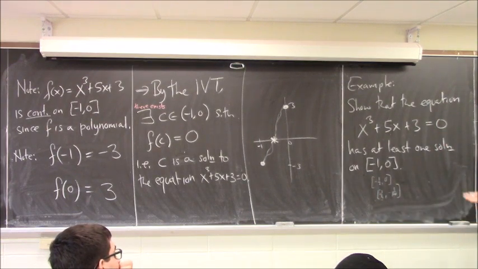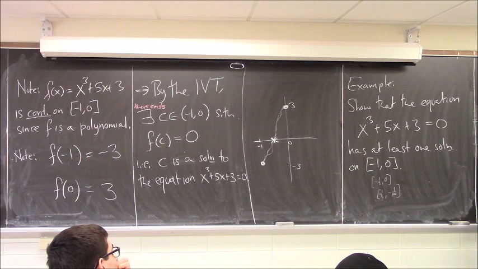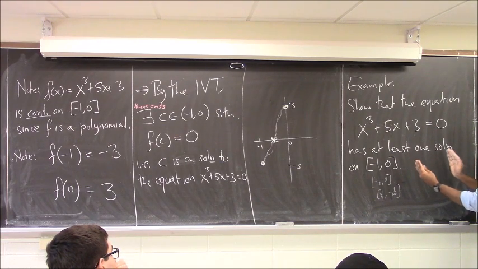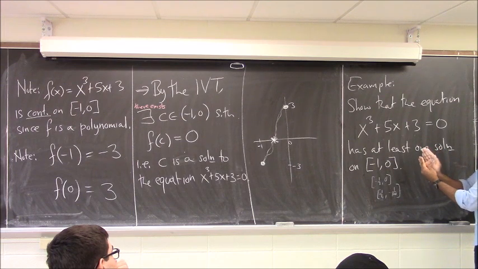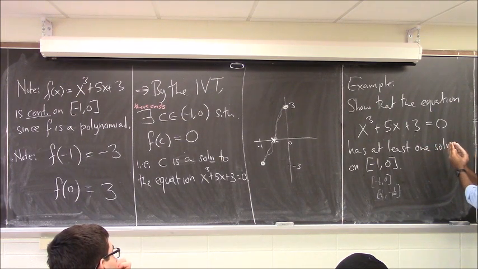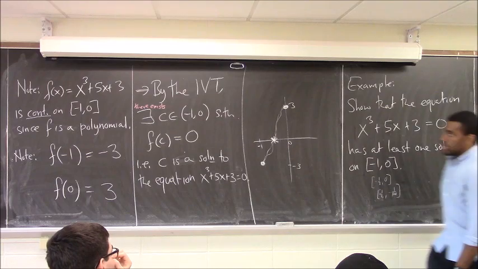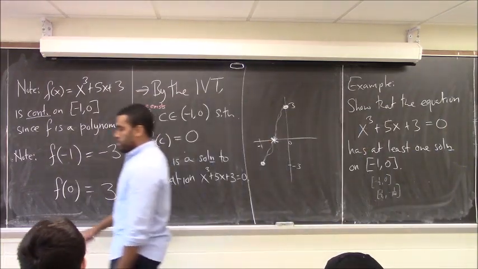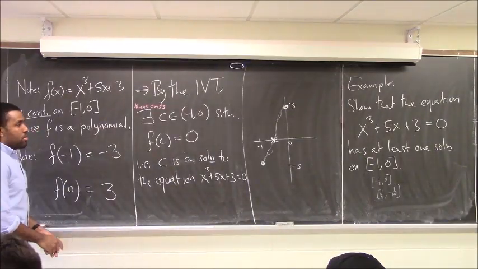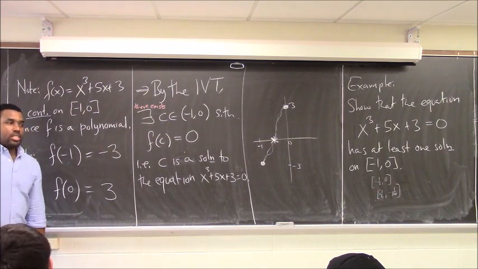So you can, in theory, write a program, or there are programs that do this, that will just keep decreasing the window and keep checking the intermediate value theorem every step of the way until you get within a window that's tolerable for you. And a lot of times that is perfectly fine. You never get to the actual answer, but you don't have to. Because in reality, a lot of times getting to the actual answer, even if you could, it would essentially be